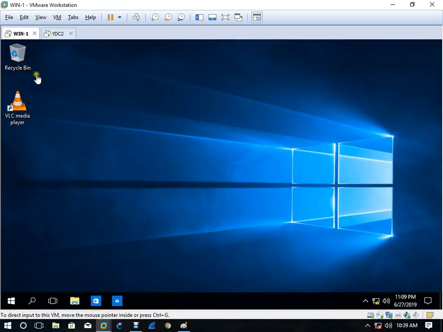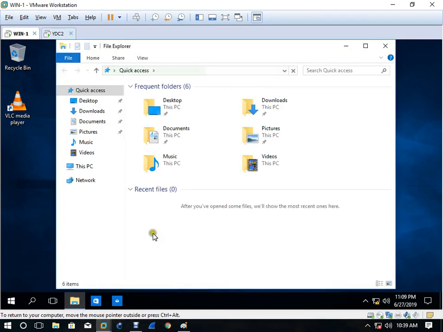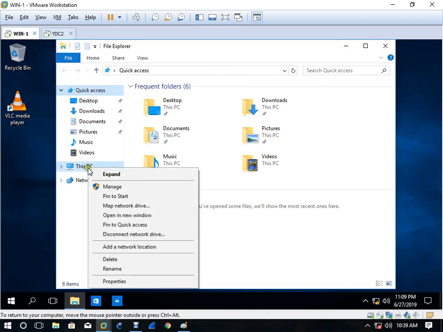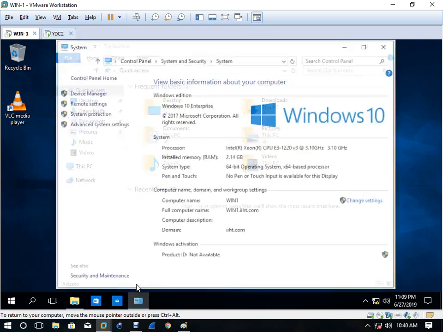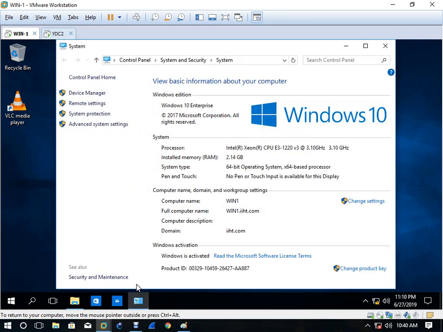See, if the server is down, still this user is able to log in. Even if you try to log in with IT2, he will be able to log in. Why? Because I hope you remember roaming profile and local profile. So if any user has logged into this machine, his profile has been downloaded here. And if you come here to advanced setting,